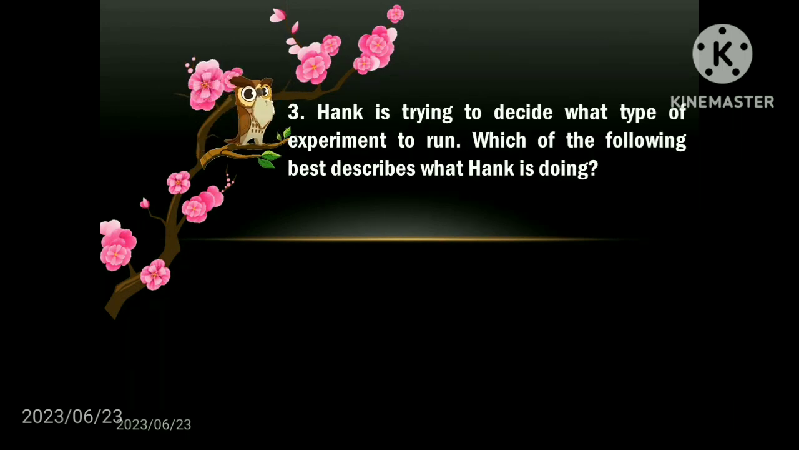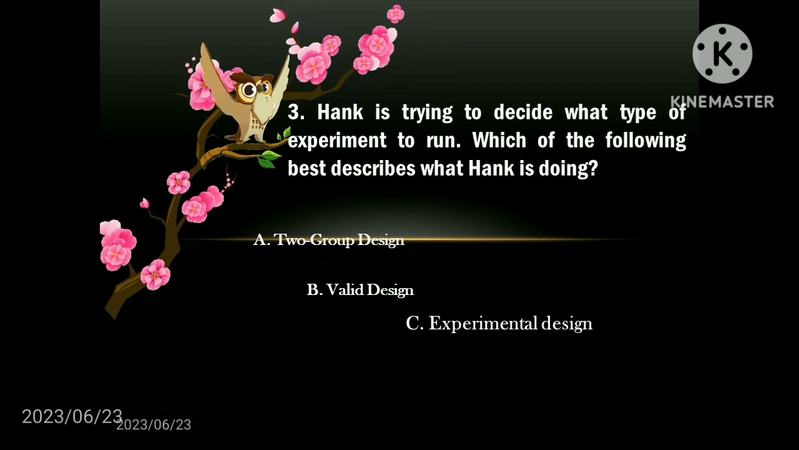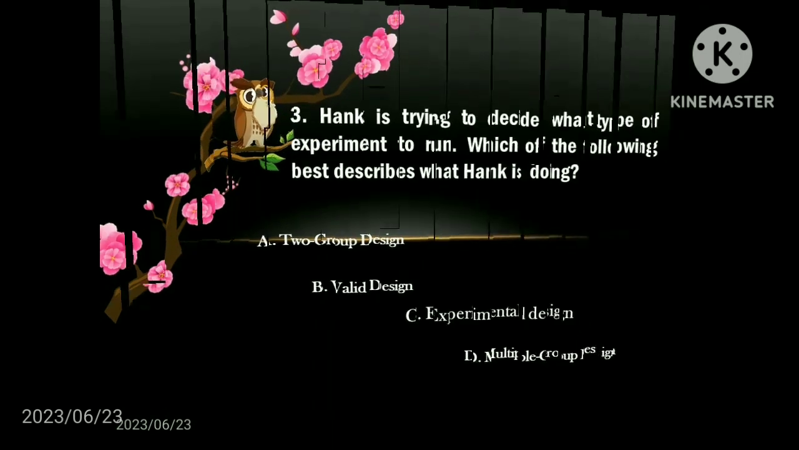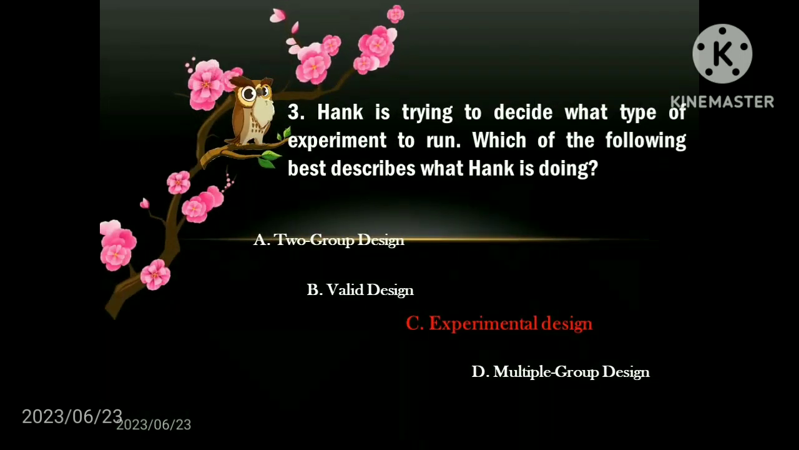Hank is trying to decide what type of experiment to run. Which of the following best describes what Hank is doing? Letter A, two-group design. Letter B, valid design. Letter C, experimental design. And letter D, multiple group design. So what will be your answer? Okay, let's see if we have the same answer. The answer is experimental design. So next question is,